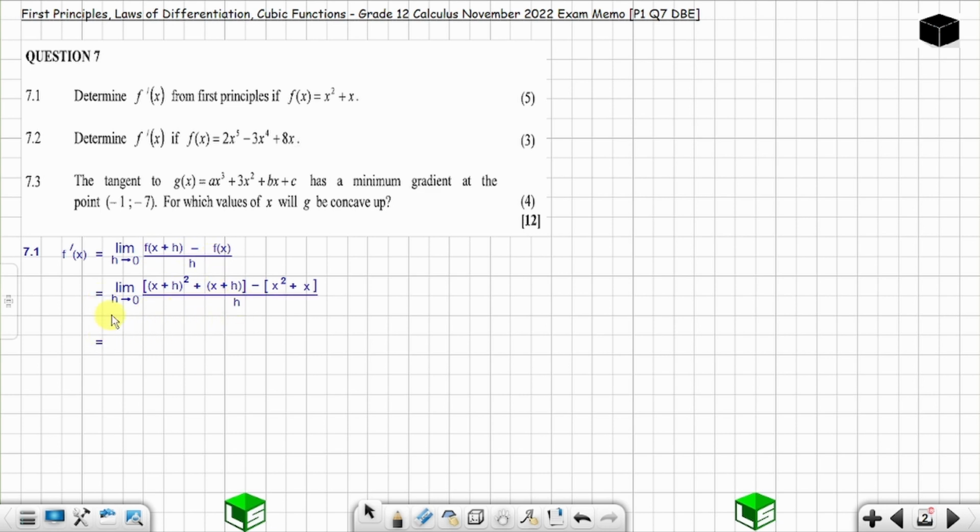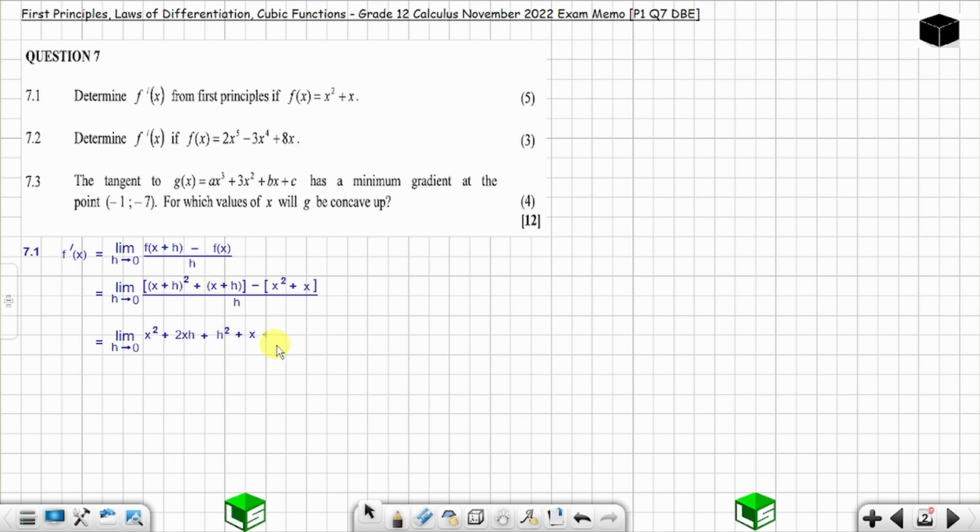This is equal to the limit as h goes to 0. Now you are going to expand this bracket. Okay, so you have x squared. You have x times h times 2, which will be plus 2xh. Okay, plus 2xh. And then plus h squared. Okay, this is what you get when you expand this bracket. Okay, let's carry on. Plus x